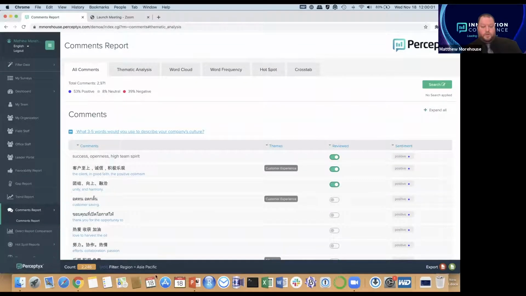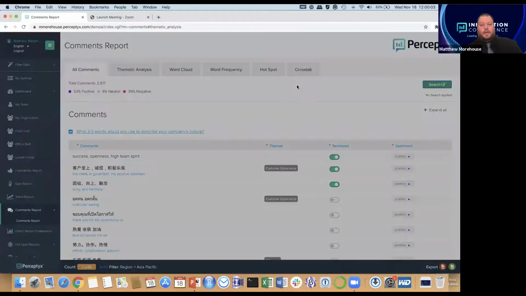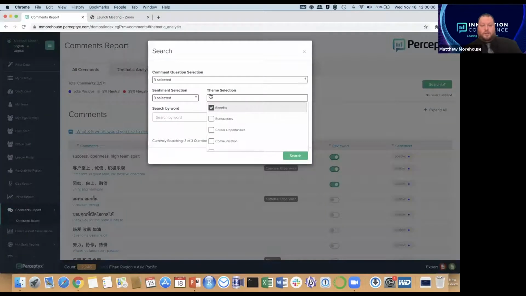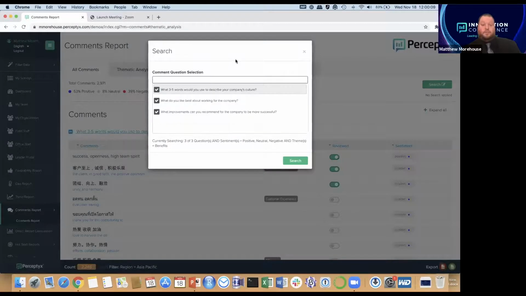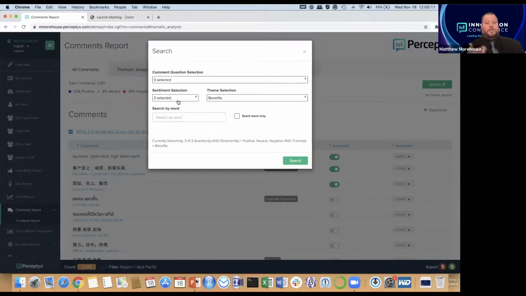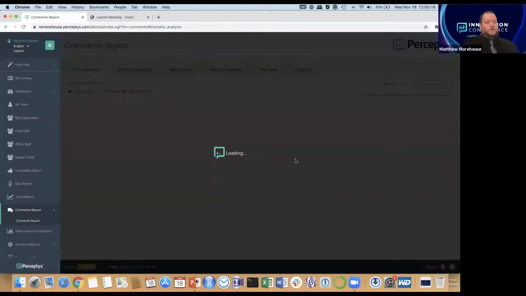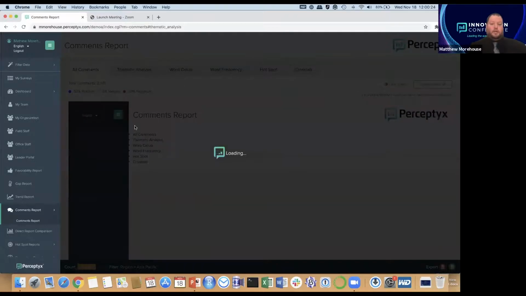And so we filtered to the Asia Pacific region, and now we're going to continue to filter. So we're going to look at folks that talked about benefits. Although I want to note, you can filter it by question if desired, by particular sentiment outcomes, and by particular keyword searches. But let's just filter it for now down to folks in the region who mentioned benefits. And what we can see is for people who, if we filter down to folks that mention benefits in the Asia Pacific region,